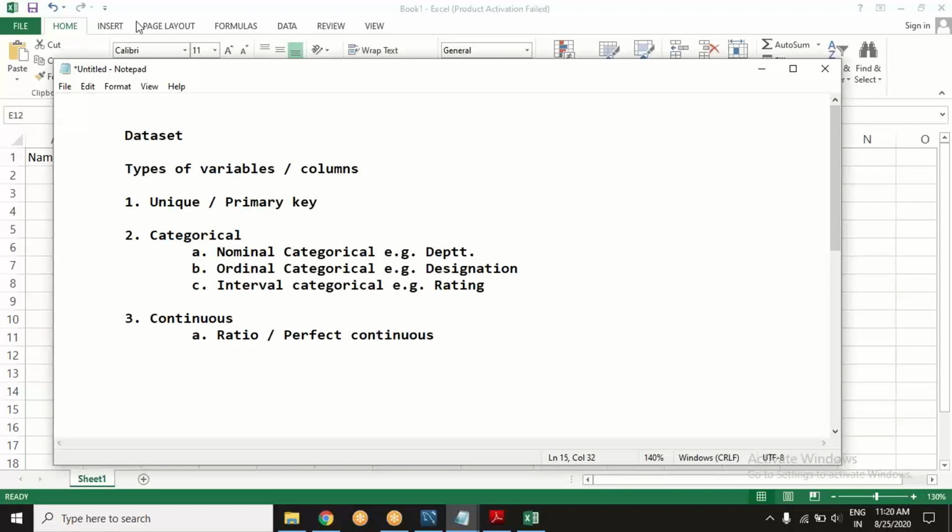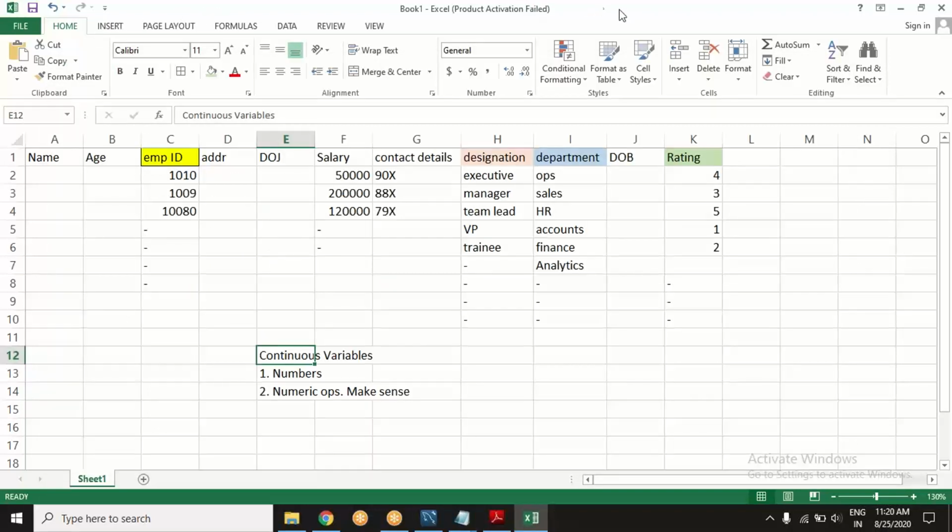One kind is this. What it means is that your variable can take any value between two integers. For example, salary of people. Can somebody's salary be 50,000? Yes or no? Maybe. Can somebody's salary be 50,001 rupees?